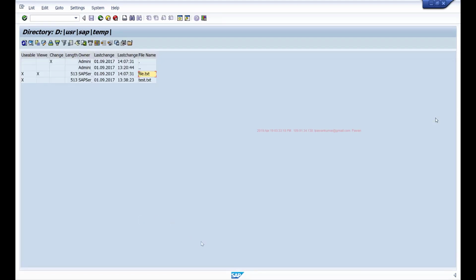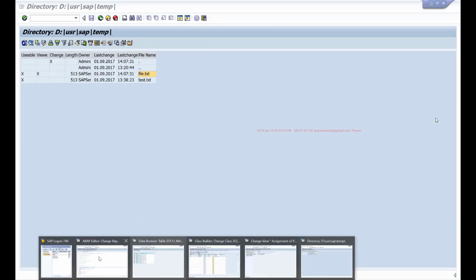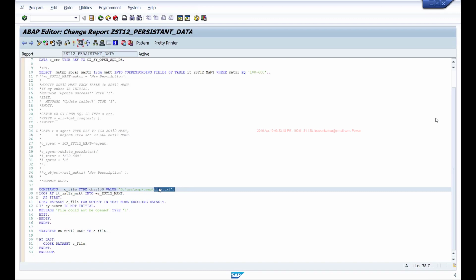Similarly, in inbound interface, we read the data from this file and process it. So I'll read the data from the file and store it in my internal table, and then I can update it in my database table.